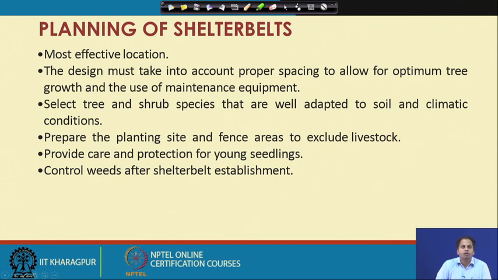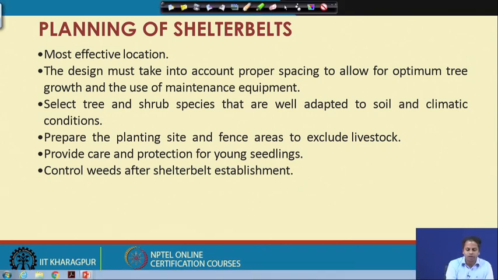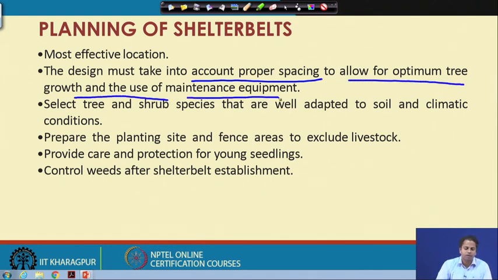Before planning shelter belts, we need to understand several things. We need to select the most effective location for planting a shelter belt. The design must take into account proper spacing to allow optimum tree growth and the use of maintenance equipment.